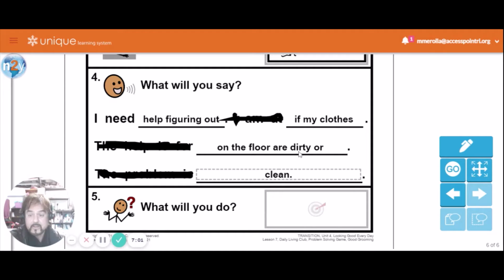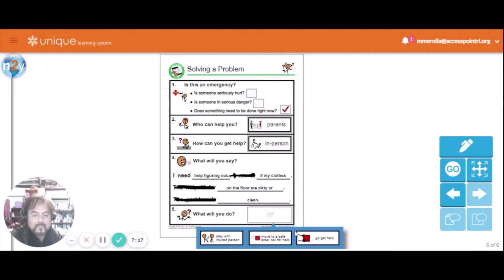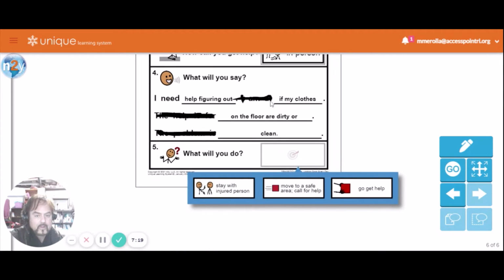Okay, now be advised that when you tell your parents this, they're probably going to say, what are your clothes doing on the floor anyways? So you may have some splaining to do. Okay, so what will you do? Let's see. You're not going to stay with any injured people.